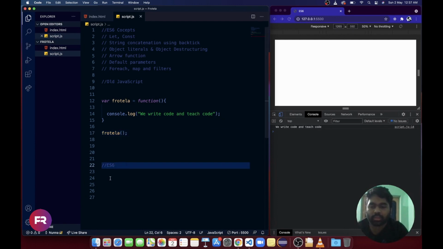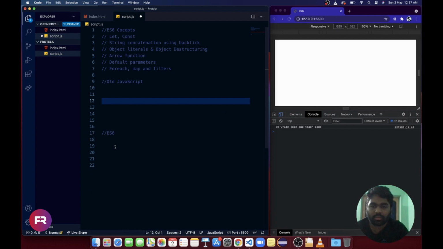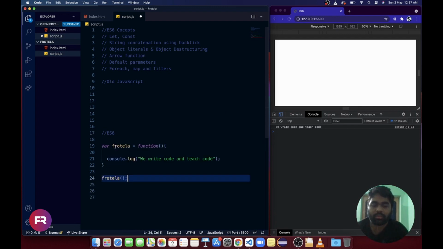Using ES6, how can we do that? Let me copy this and paste here. Using ES6 we can do it like this, const. Simply remove this function keyword and add the arrow here. If we save this, our output will be the same.